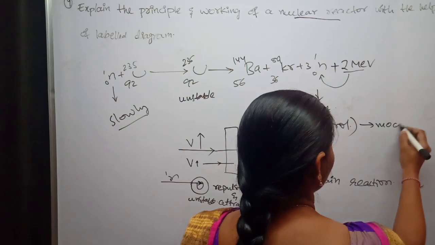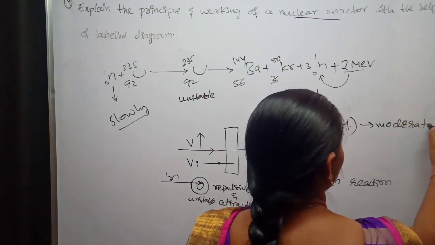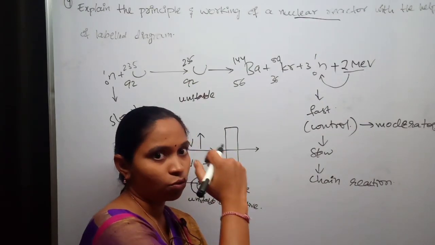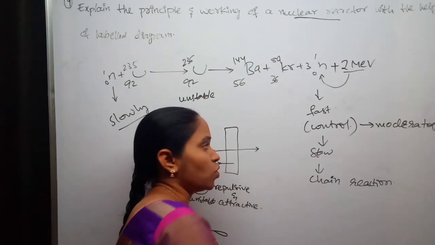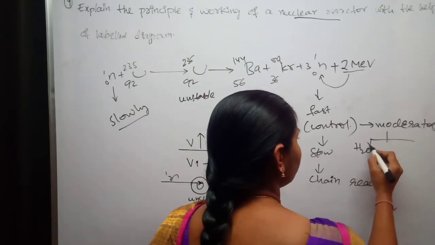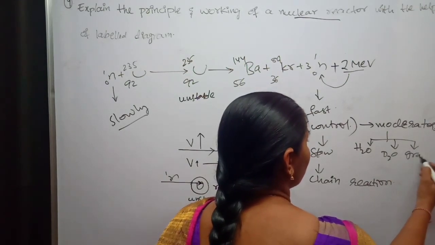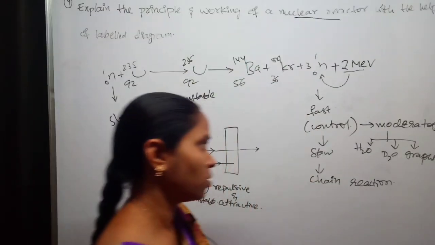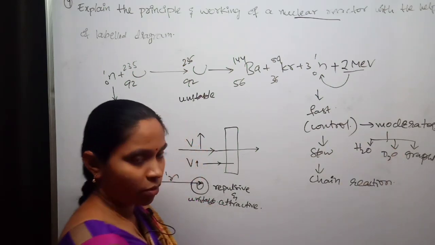Using moderators. A scientist named Chadwick suggested moderators for making the neutrons move slowly. We are going to use moderators. Here the moderators we are using are water, H2O, heavy water, D2O, and graphite. You can use any of these. Why are we using H2O, D2O, and graphite? Because